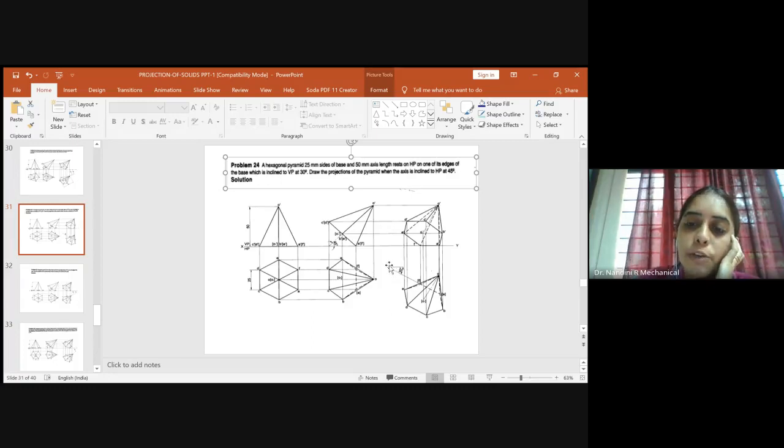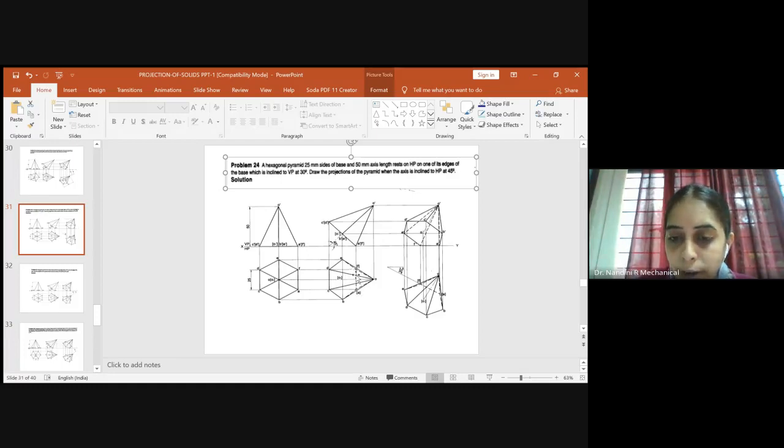Only thing is, you can take 30 degrees directly from the XY line. If you feel you don't have enough space to construct, you can leave some space and just draw a line parallel to the XY line, and from there you can take 30 degrees. Both will yield the same result. Okay. So it's always better if you draw a line parallel to the XY line and from there draw the 30 degree line.